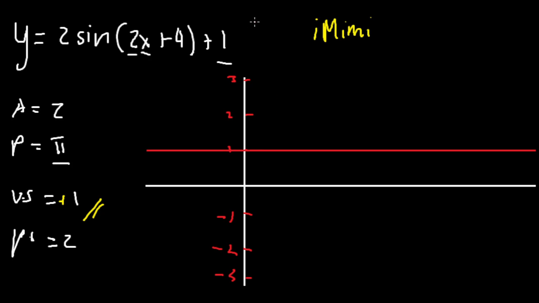Now, amplitude. Ano ang ating amplitude? 2. Now, it means from the midline, we need to go up 2 units, 1, 2, to find the maximum. Dito ang ating maximum. And going down 2 units, 1, 0, and 1. Here. So, that will be now our minimum. Now, given ang ating maximum and minimum, we now need to find the intervals of this